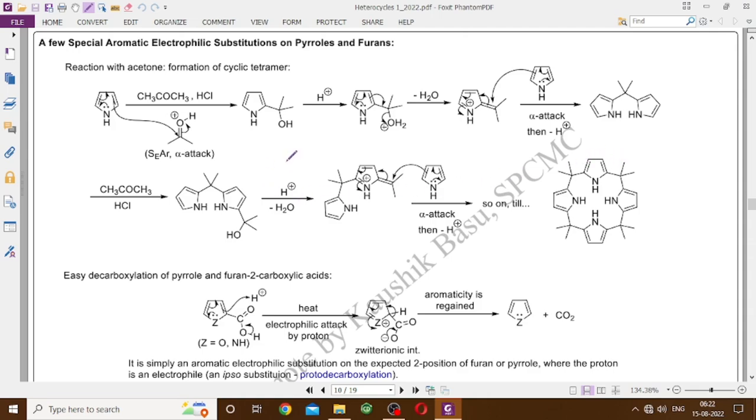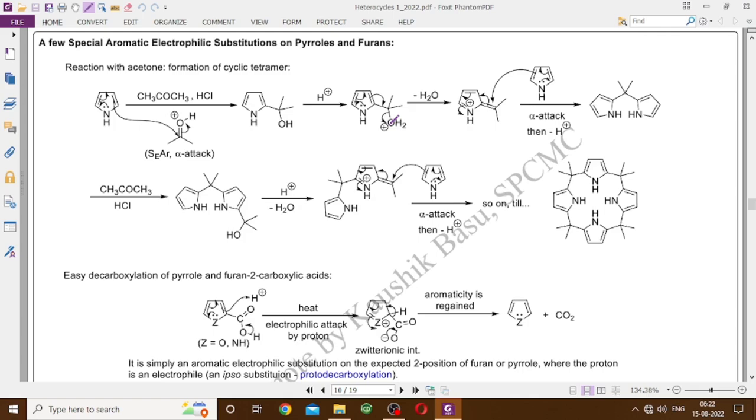The reaction starts with basically an electrophilic aromatic substitution. Acetone is the electrophile. It gets protonated in presence of this hydrochloric acid and acts as the electrophile to react at the alpha position of one of the pyrrole molecules. After proton release, we get an alcohol. There is an alcohol in the side chain of the pyrrole, which itself can lead to a resonance